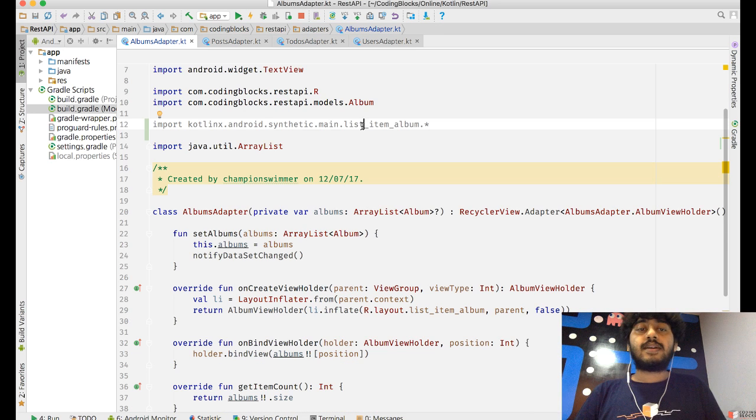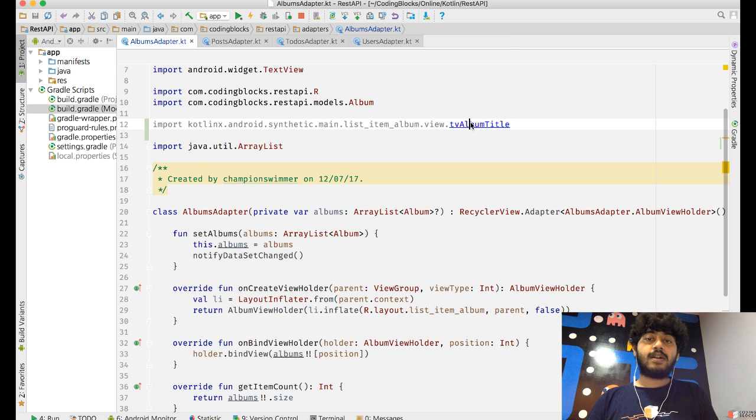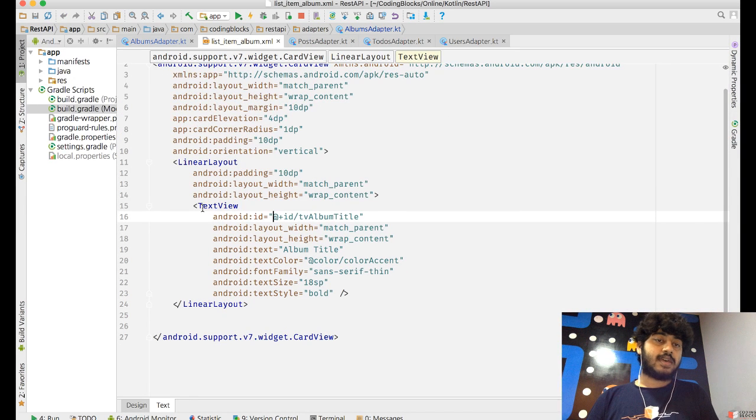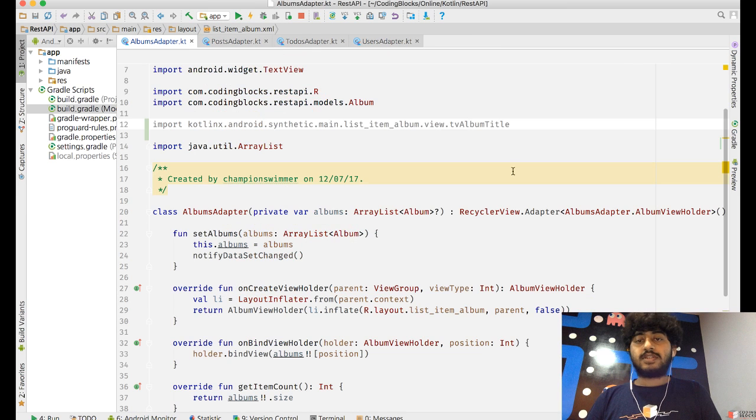What is the synthetic thing we are talking about? If you actually expand this more, you will see that there is a view inside this, and inside that view there is tv_album_title. Where is tv_album_title? It does not actually exist. It is actually from the XML file. Before we understand what Kotlin Android extensions do, we need to understand how XML files work in